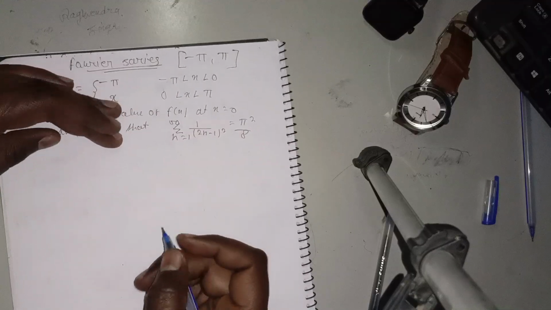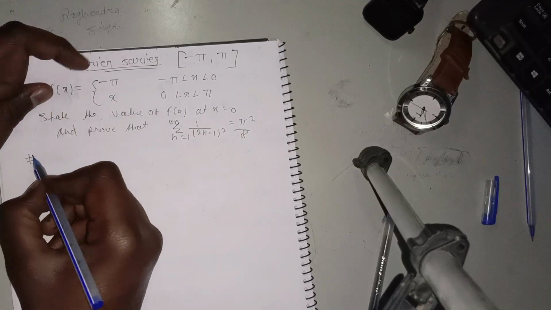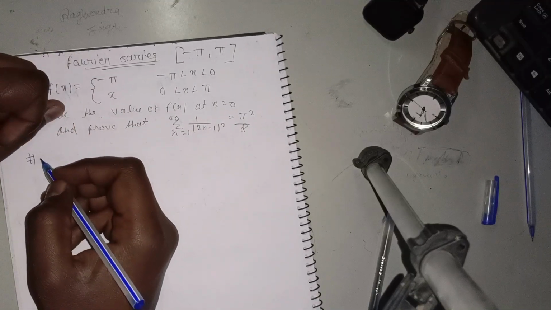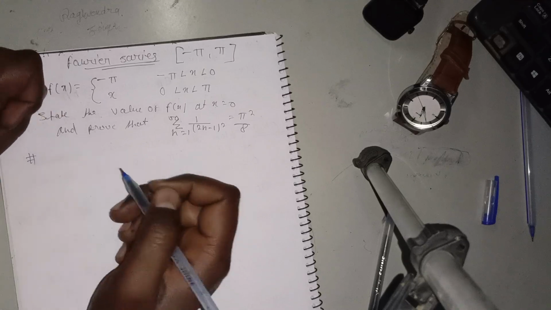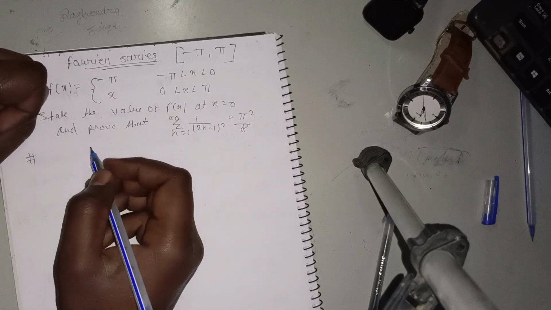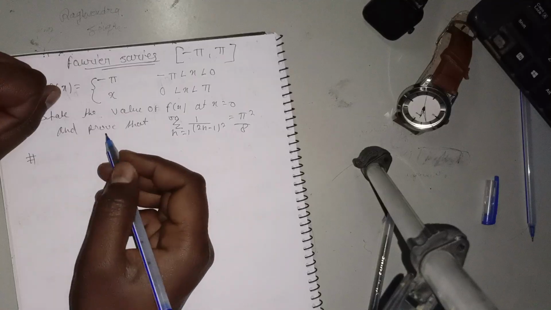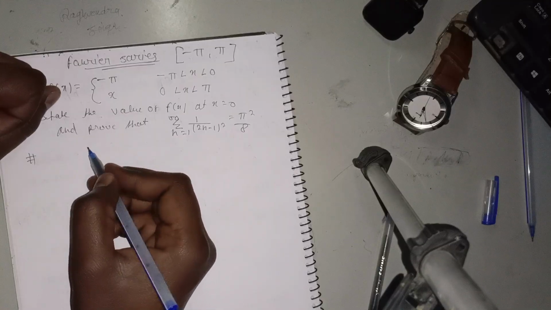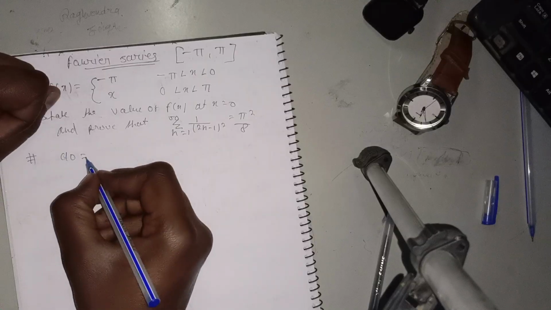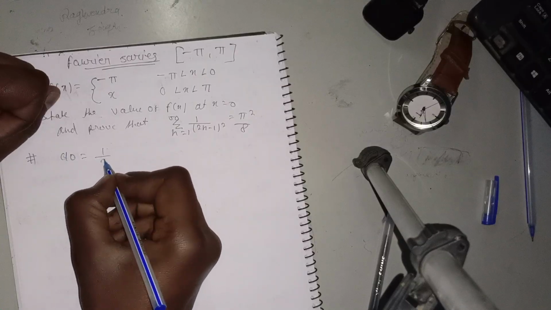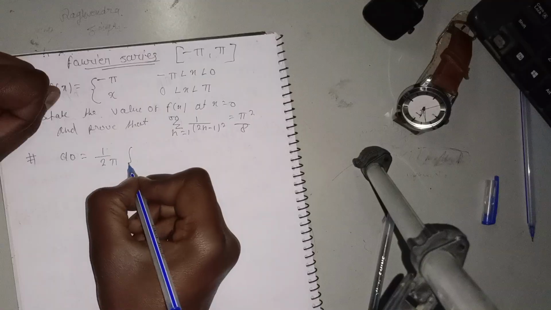So let's begin. We know the Fourier series. For the Fourier series, what we need to do is, firstly, we need to write the Fourier series, then find a0. So what is a0? 1 upon 2 pi integration of